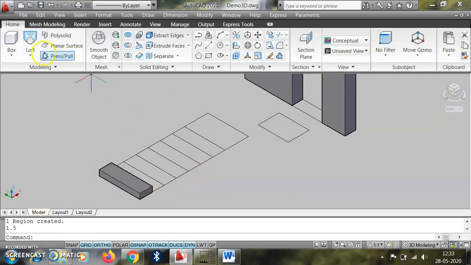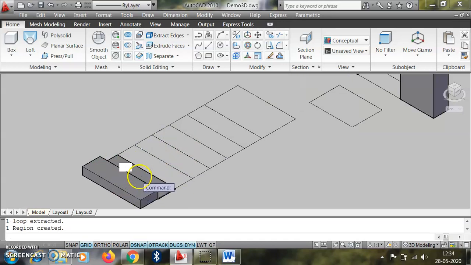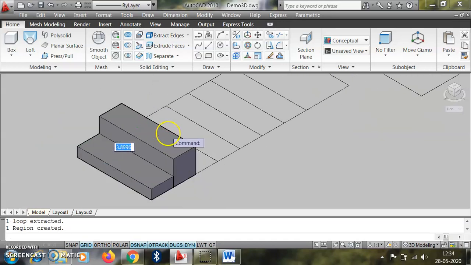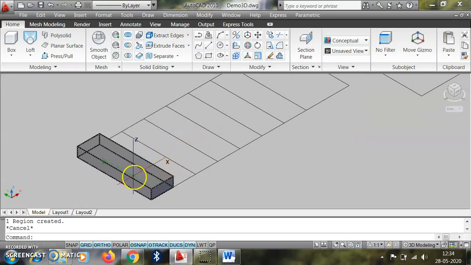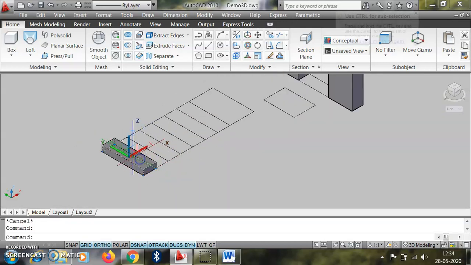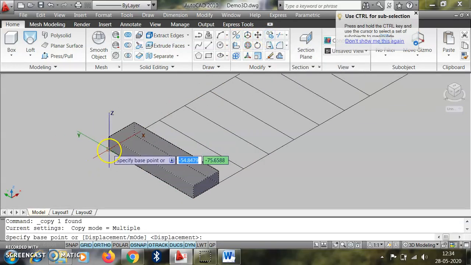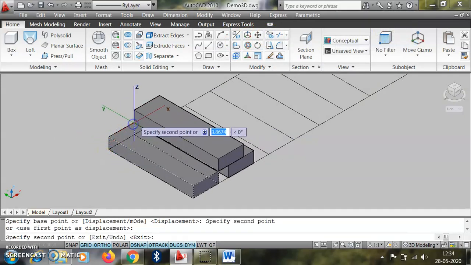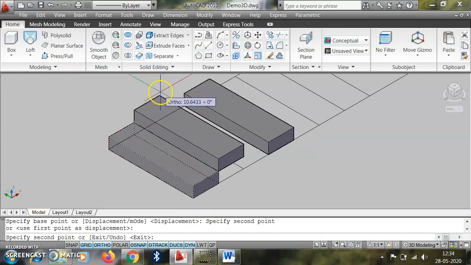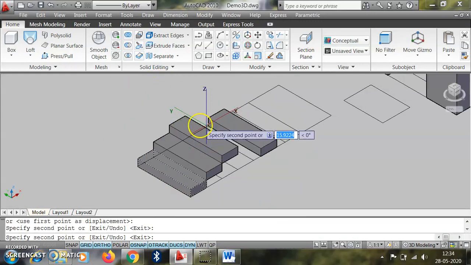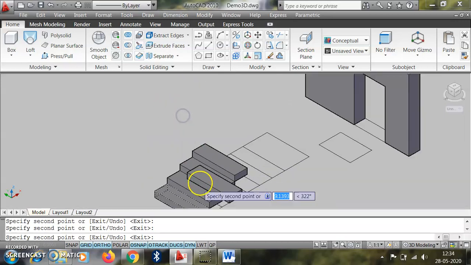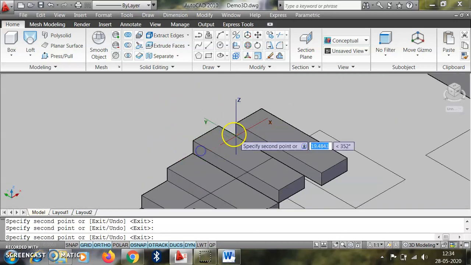Then for the second stair, press pull again with a height of 1.5, or we make a different object, or we copy this object from this point and shift it over here. Then again we copy and shift over here, again we copy and shift over here, and again we copy this one and shift over here.